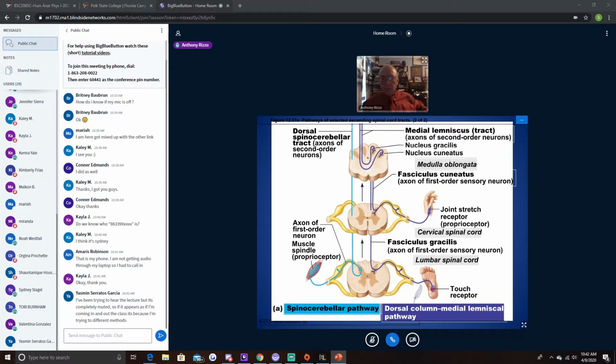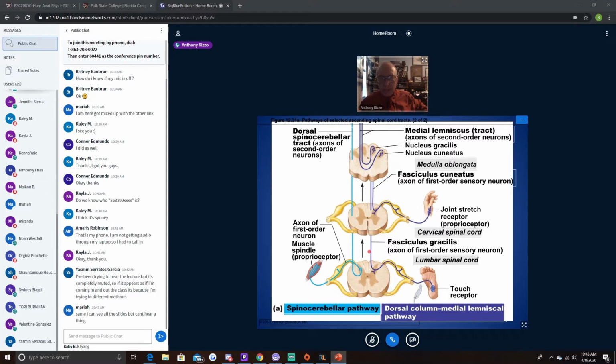The touch receptor is attached. It's basically a long dendrite. And this long dendrite goes from the bottom of your foot all the way up your lower extremity to your lumbar or sacral spinal cord. That's incredibly long. And then it branches. This same dendrite has a branch into the gray matter of the cord, but the rest of the dendrite, same cell, ascends